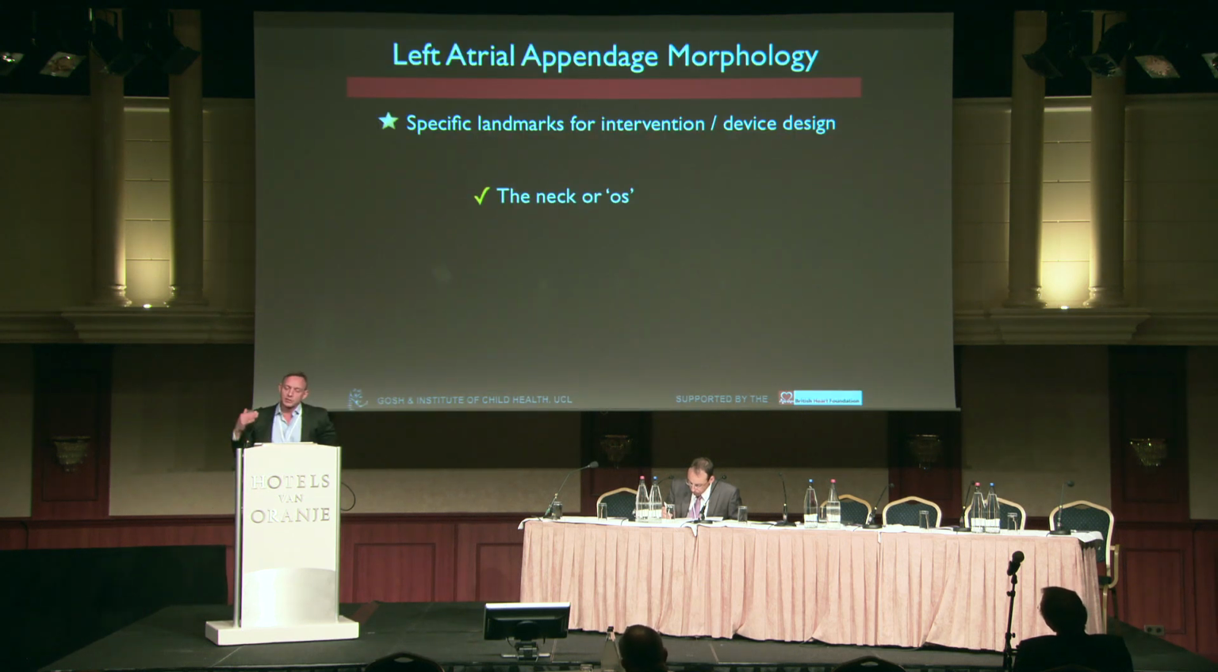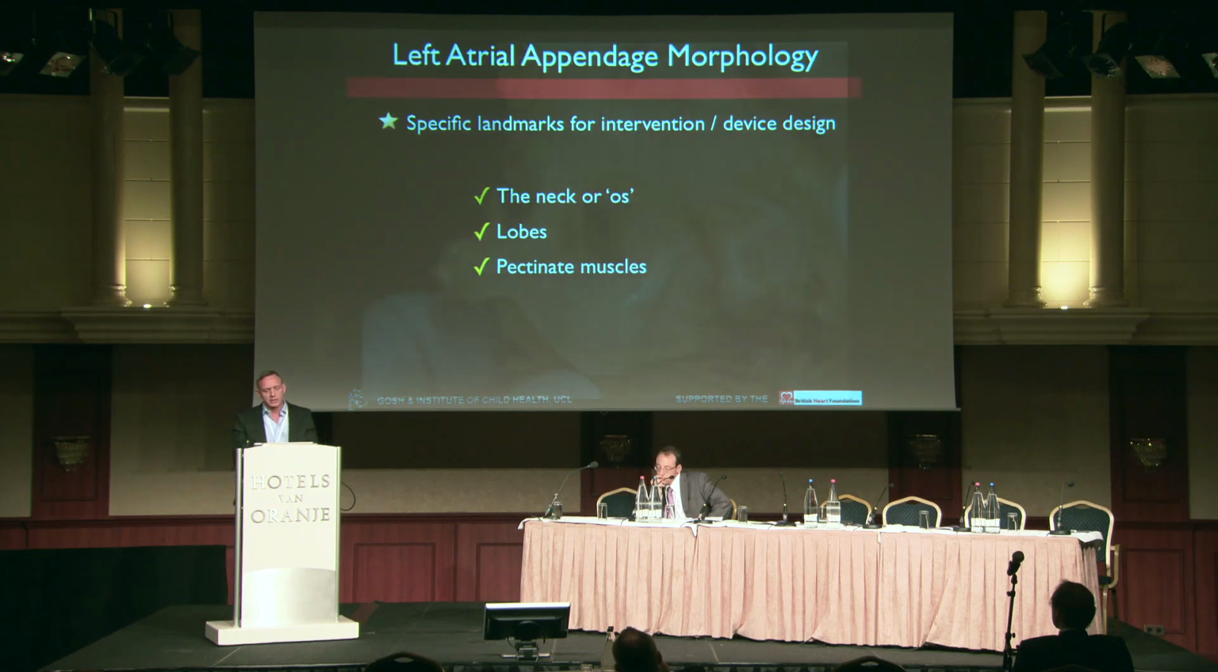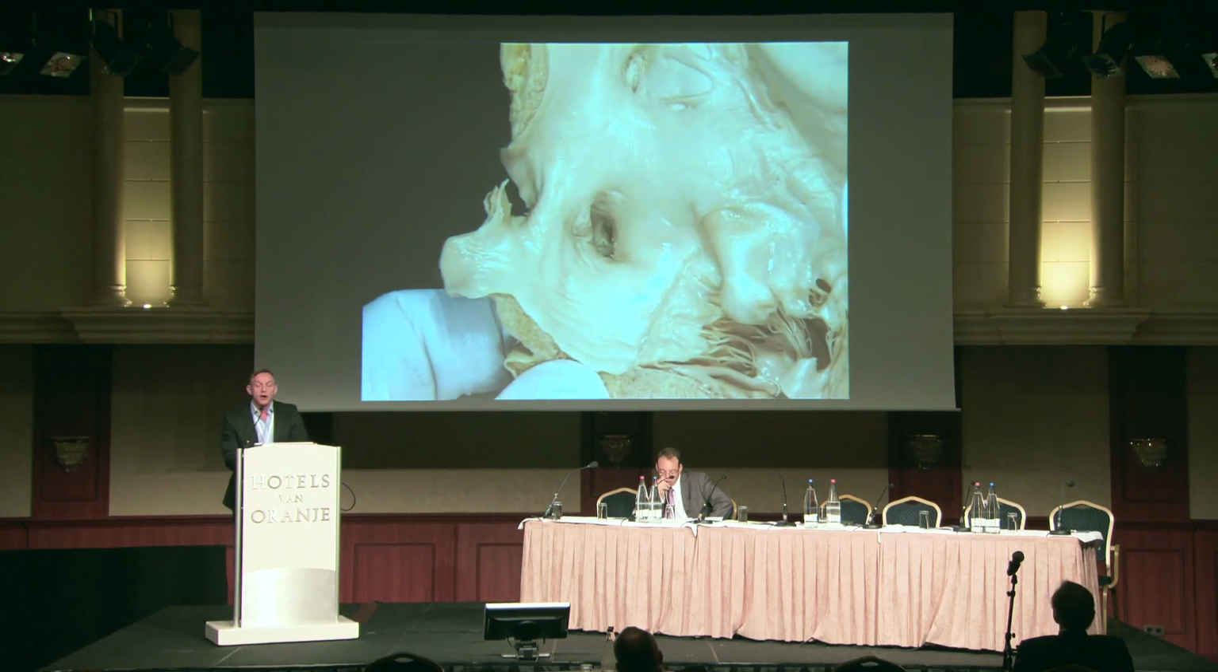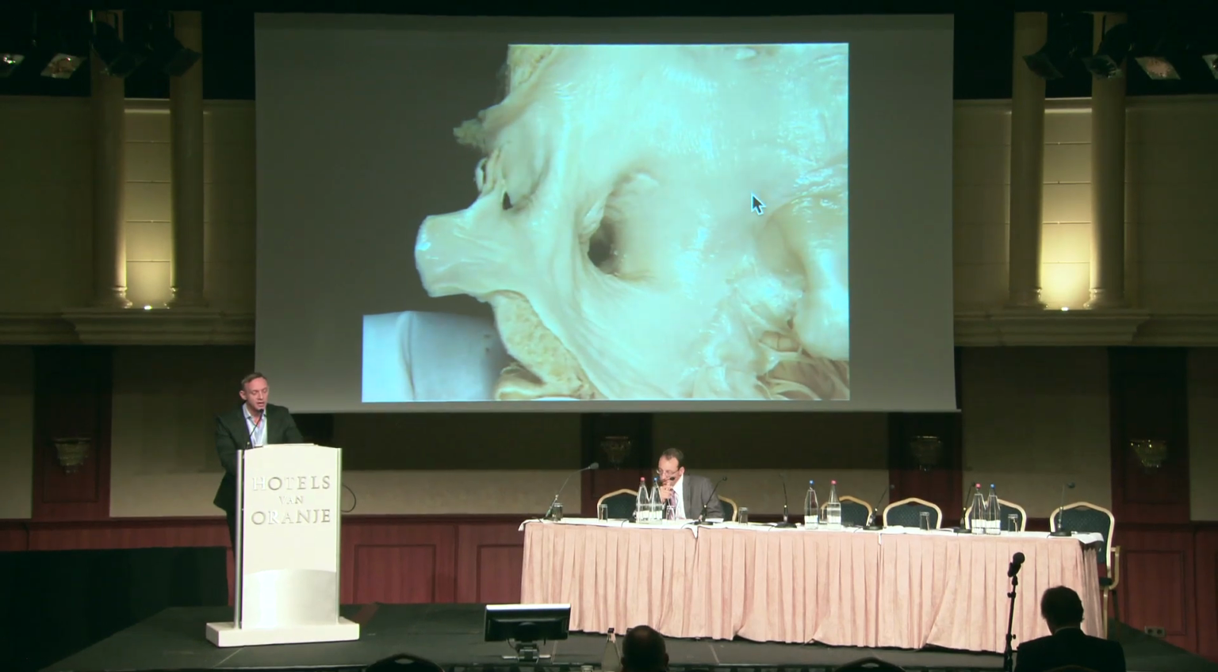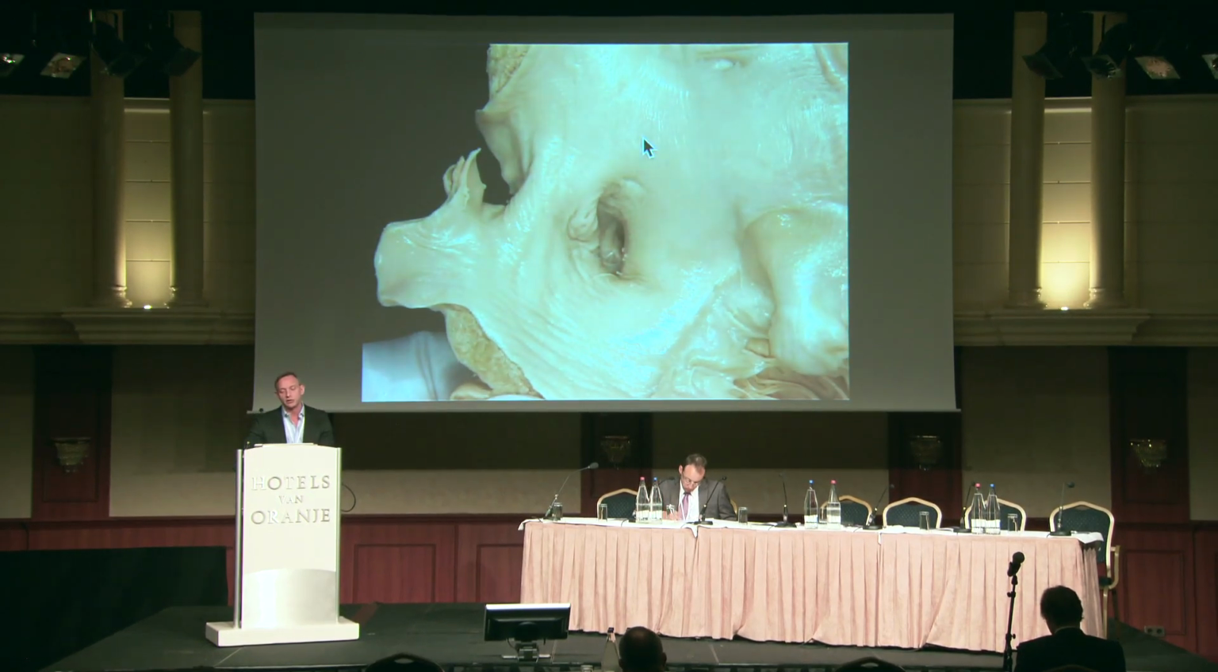So let's just focus on a few more landmarks which are specific for interventional device design, in particular the neck, the lobes, and the pectinate muscles within the appendage. And I'll show you some examples of some abnormalities. So the os, of course, is a crucial feature if you're talking about left atrial appendage occlusion. And we're looking here